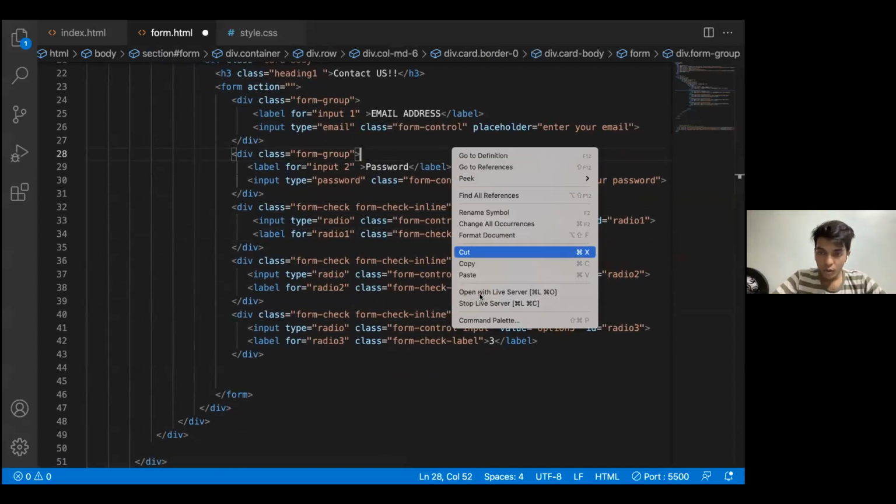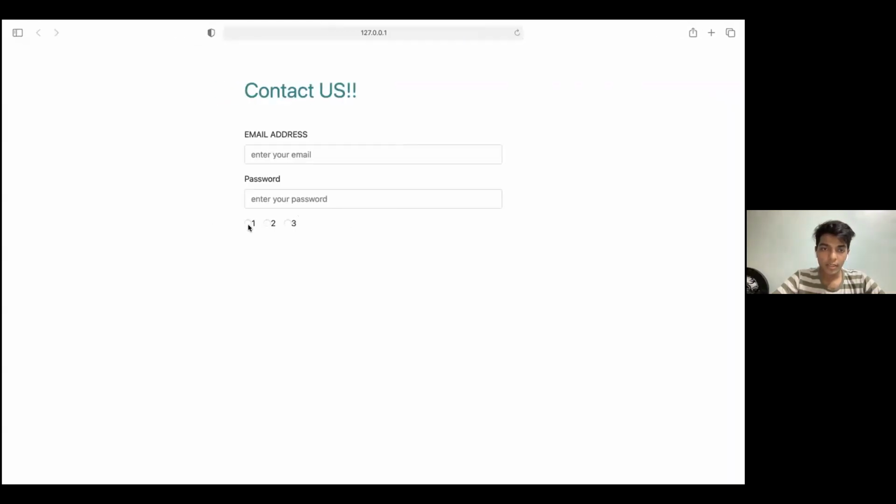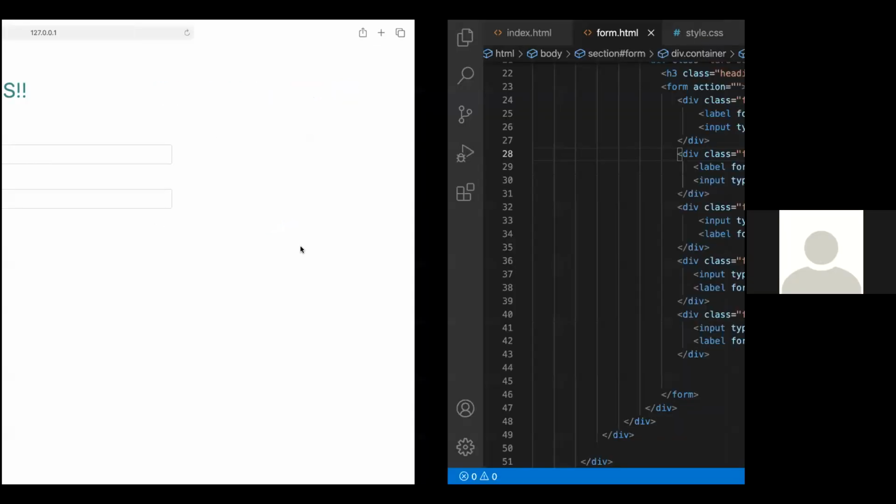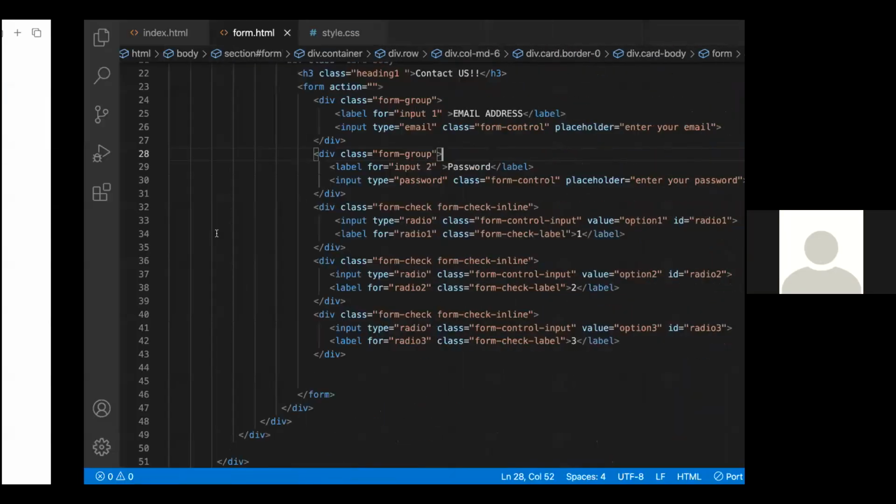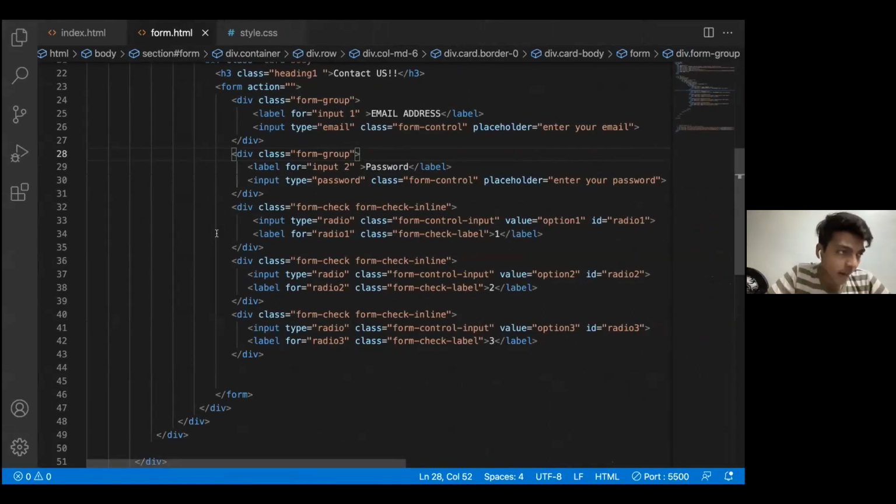So I will just look at how it looks. This is how it looks. The radio buttons would work when we do certain things with them. Right now, we are not placing an input or doing anything with them, so it won't be giving any output.